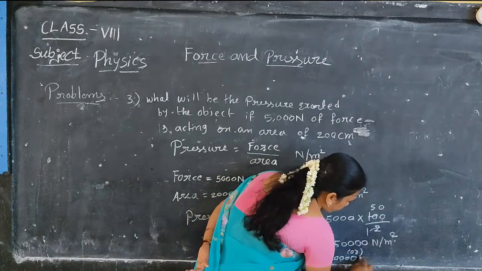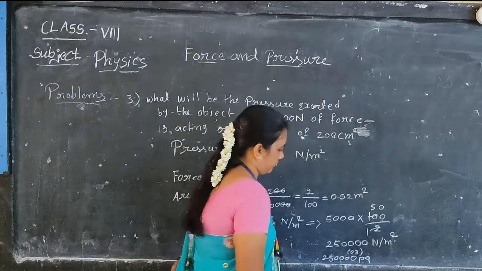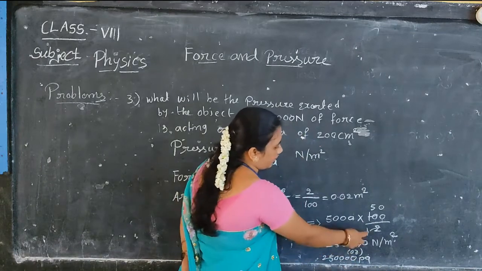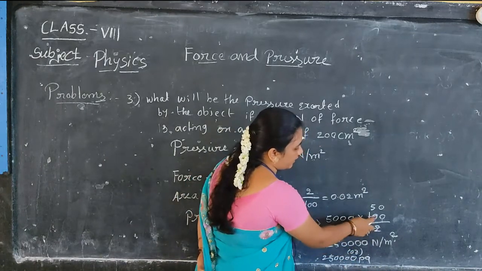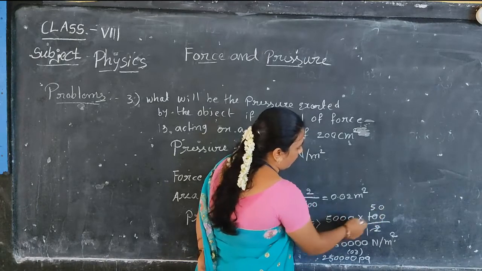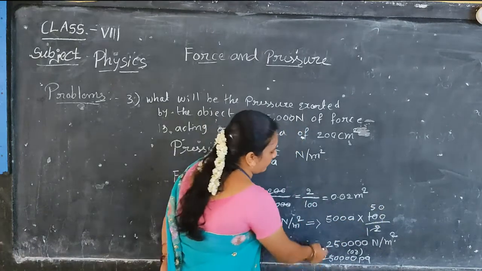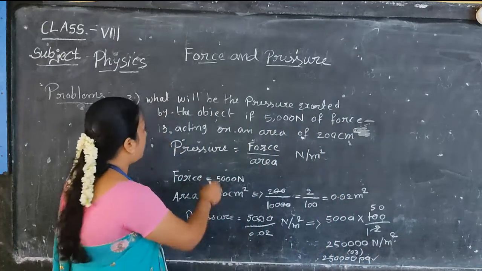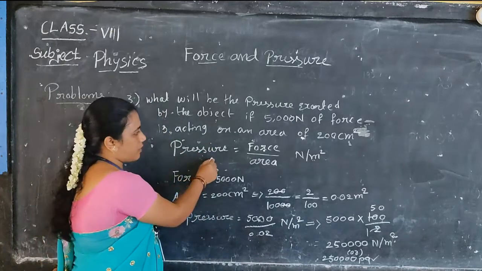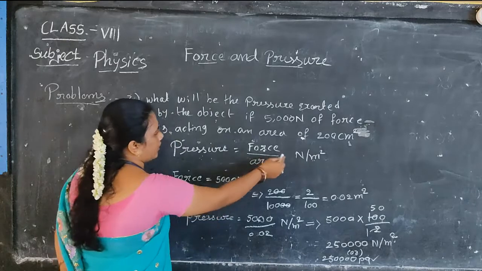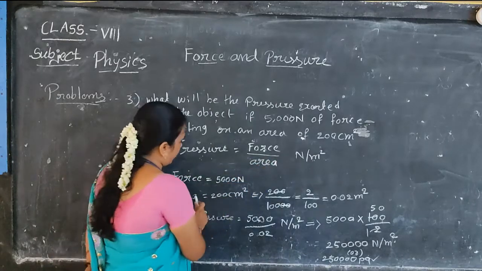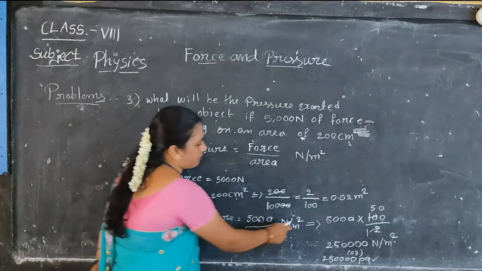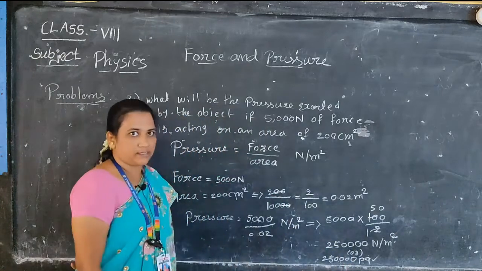So 25,000 Newton by meter square, or we can write 2,50,000 pascals. The 2 here gets cancelled. 2 ones are 2, 2 fives are 10, 0. How many zeros are there? 1, 2, 3, 4 zeros. So we write the answer as 2,50,000 pascals. So what do you have to learn first? The formula, force by area. Again you need to check units, then convert area from centimeter square into meter square. After introducing into the formula and calculating, you will get the answer.